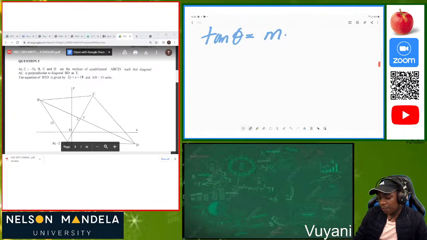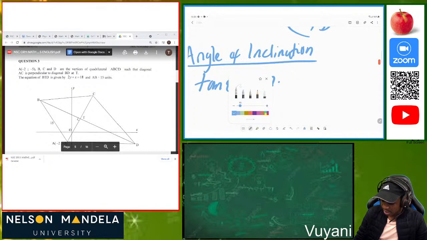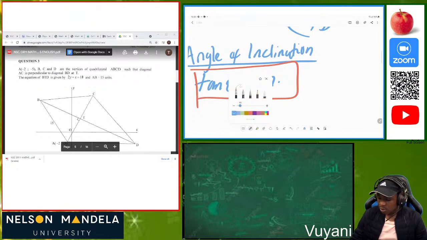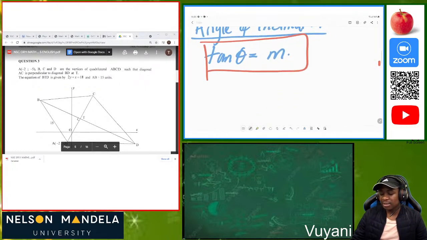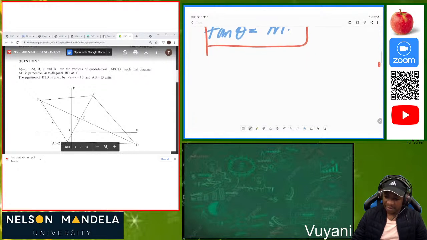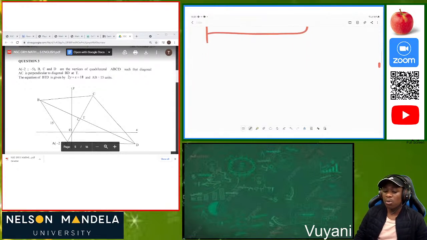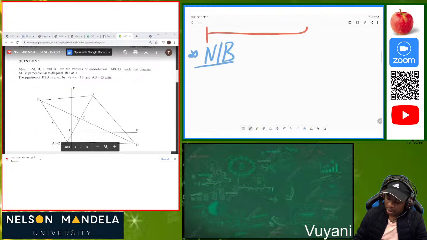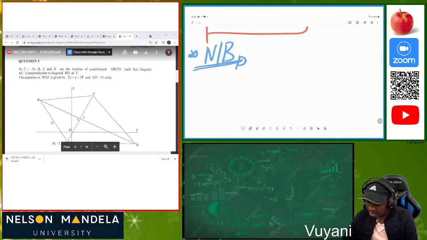Now, let's move from angle of inclination now. So this is our angle of inclination. Now, this was our grade 11. Everything which I've done now, the distance formula, the midpoint formula, the gradient formula. Bear in mind, NB, which means note well, that the gradient,